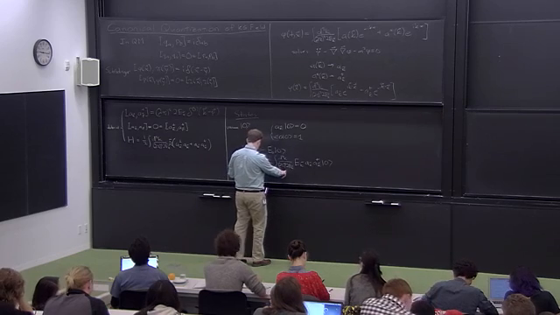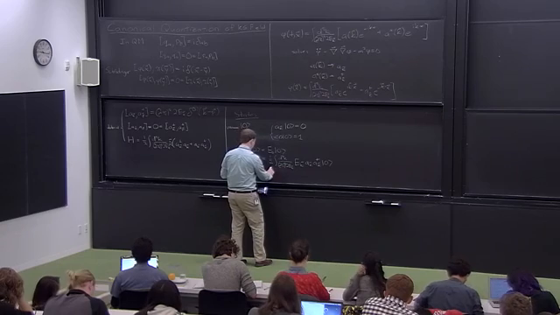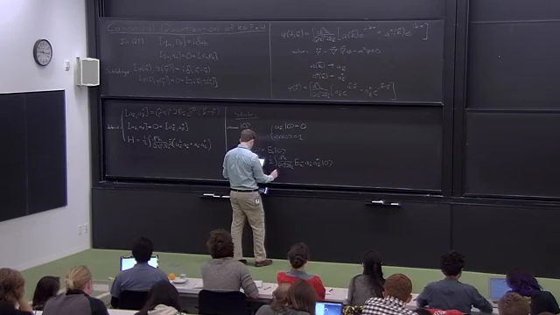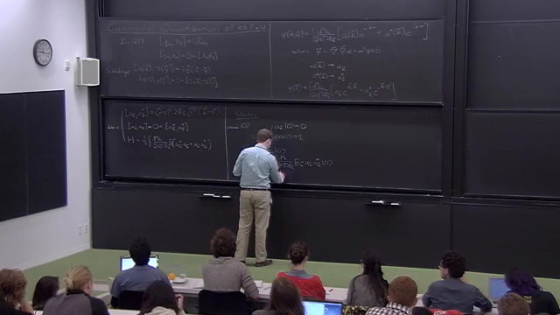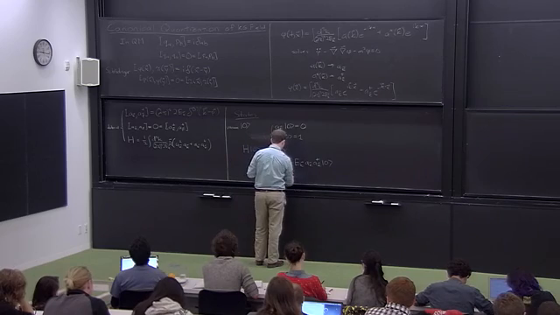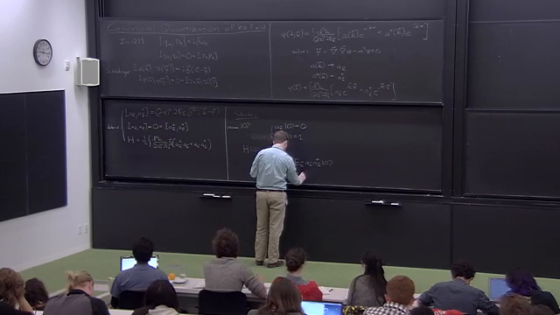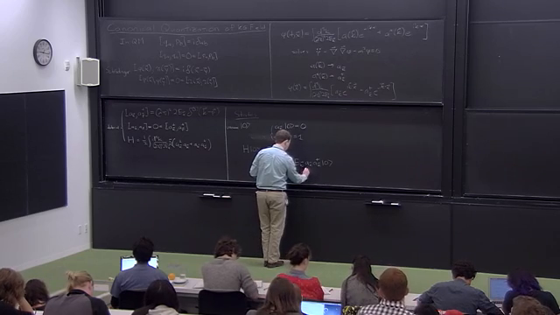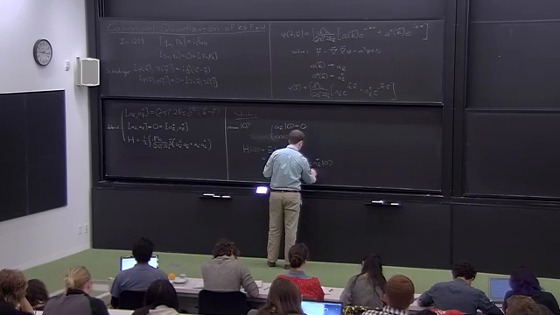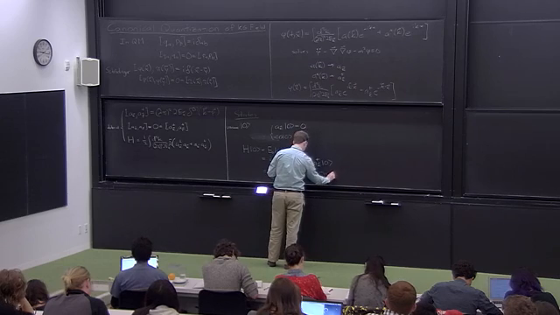And that will basically just cancel off the denominator of our Lorentz invariant measure. And what we're left with is the integral of d^3k E_k times delta^3 of k minus k times the vacuum state,